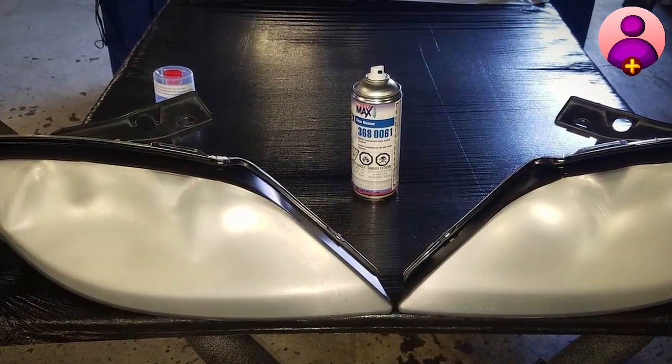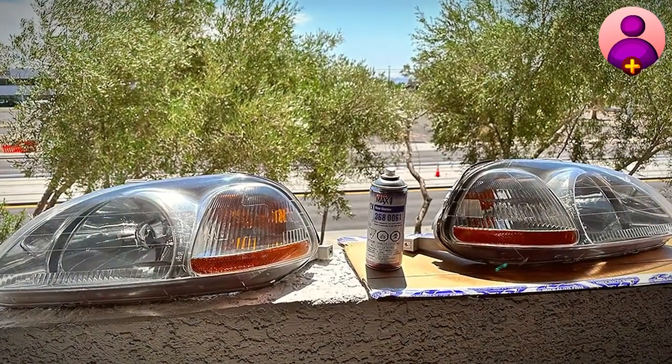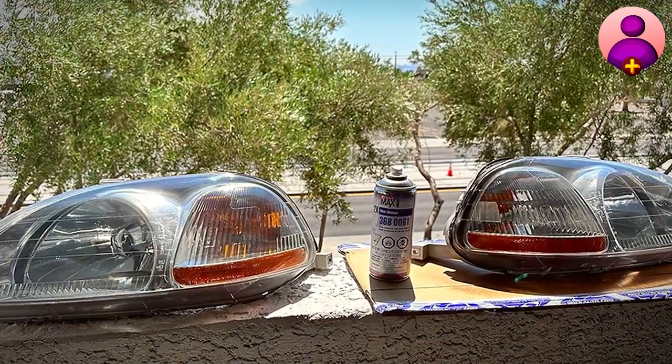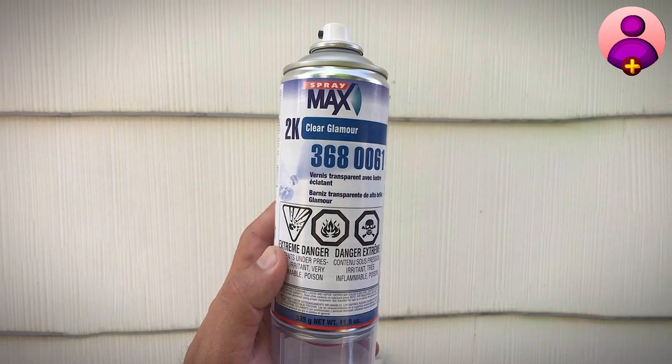7 exceptional automotive touch-up spray paints that will help you achieve a professional finish on your car. Whether you are dealing with high heat, wanting to restore your car's interior, or simply looking for a durable clear coat, these products have got you covered. Remember, a well-maintained car